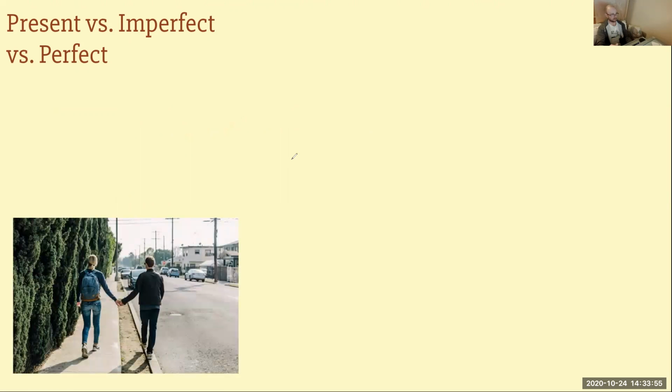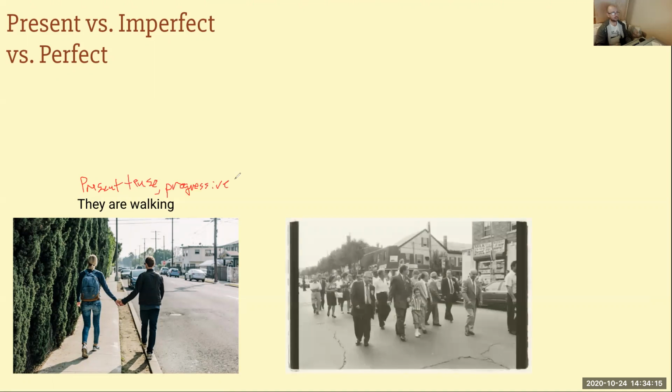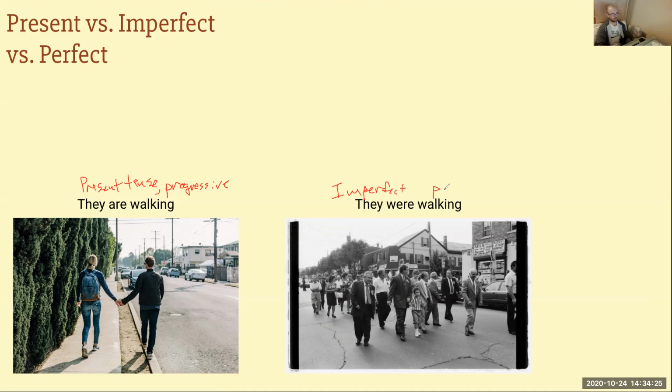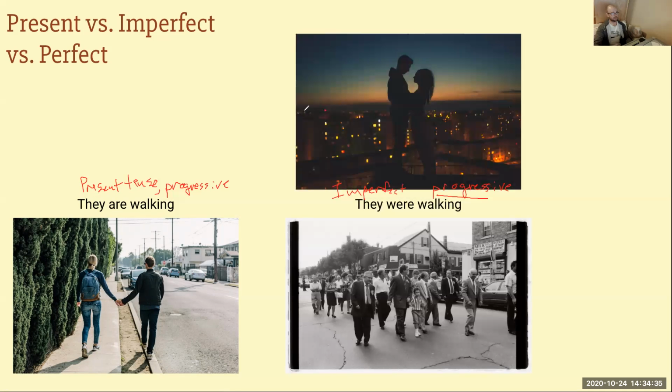So here is our very familiar picture that we've used regularly to show they are walking in the present tense, and this is a progressive aspect. We used this picture last time when the imperfect tense was introduced. So, imperfect. And this is also progressive. Right? It shows an action in progress. So our last example here,